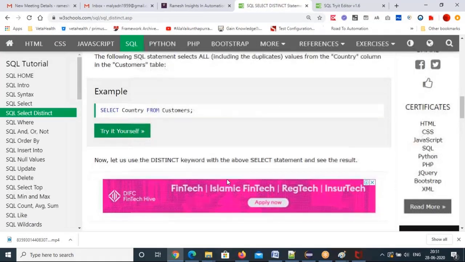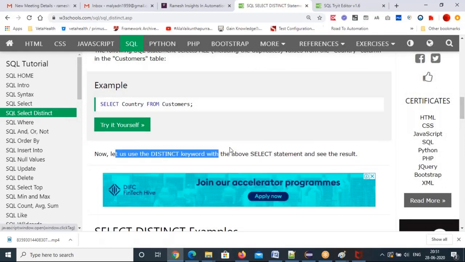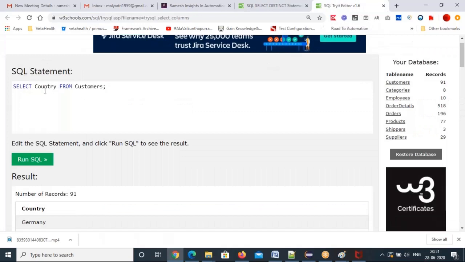So now let us use the distinct keyword with the above select statement. Now let's see how it will show. Distinct. So it is a very useful command, this distinct. That means it will omit where duplicates are there. So duplicates won't show in the country. It will list out unique values only.